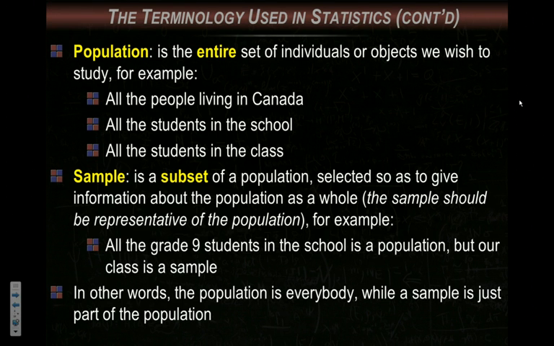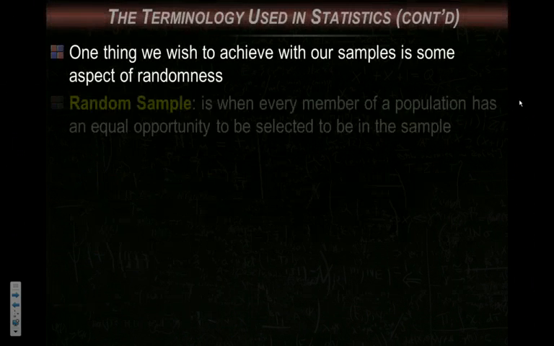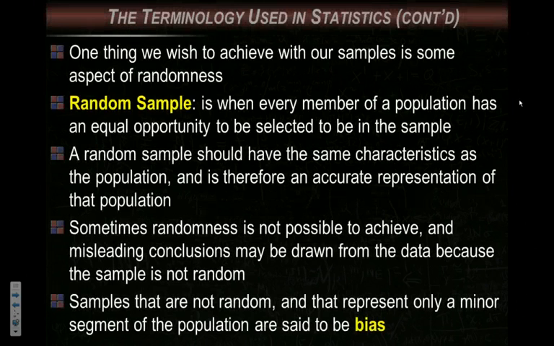Now this can get a bit tricky because, for example, one sample could be a population for another experiment. So we have to make sure we're all talking about the same thing. So when we choose a sample, one thing we want is some aspect of randomness, but also some aspect of representativeness. So a random sample is when every member of a population has an equal opportunity to be selected within the sample. A random sample should have the same characteristics as the population and therefore becomes an accurate representation of